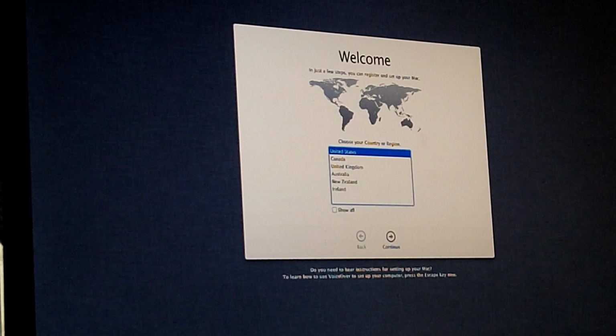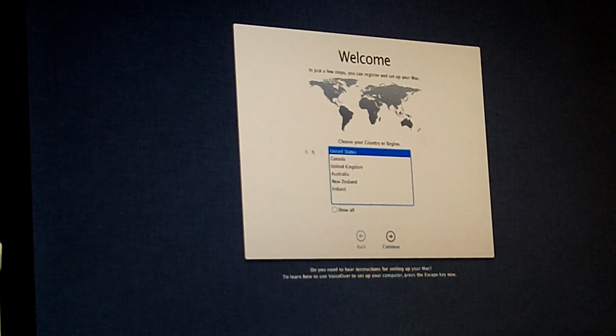Well, what do you guys think? There we go. It's 1080p at the moment, and I'll show you once I've finished installing everything how exactly it looks. It looks awesome. Alright, so you just choose your language again,